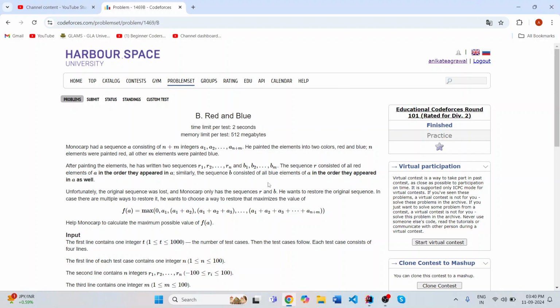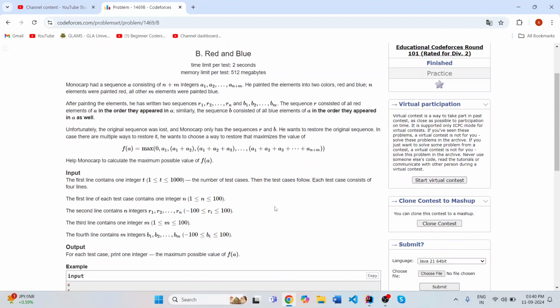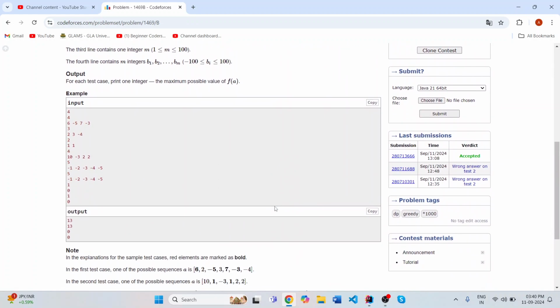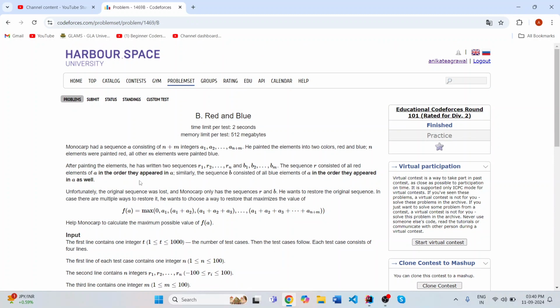Hi everyone, the Codeforces question for today is Red and Blue. This is a Div2 B problem, 1000 rated. So moving to the question, Monocarp has a sequence A consisting of n plus m integers,